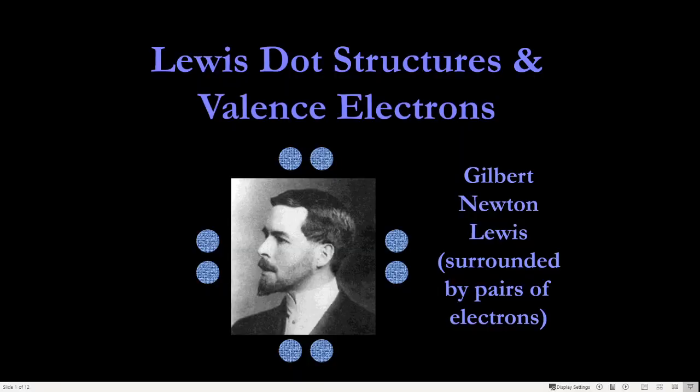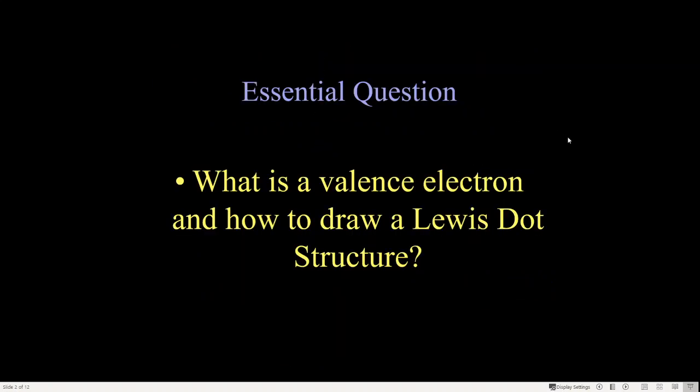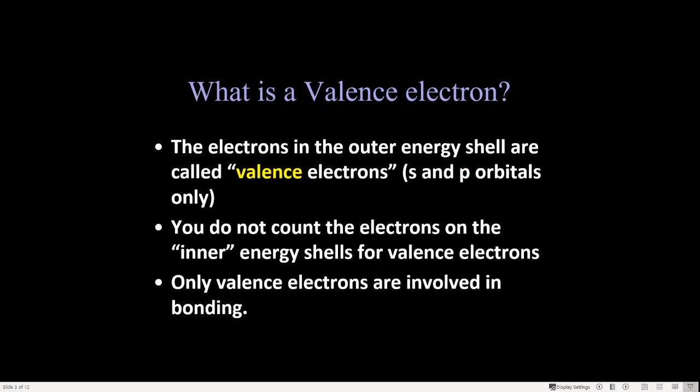All right, so Lewis dot structures and valence electrons. We're going to talk about first how to find valence electrons, and then you'll see exactly why I made you do your Bohr model a certain way as we learn how to make Lewis dot structures. Our essential question here is: what is a valence electron and how do you draw a Lewis dot structure? The definition of a valence electron: the electrons in the outer energy shell are called valence electrons,